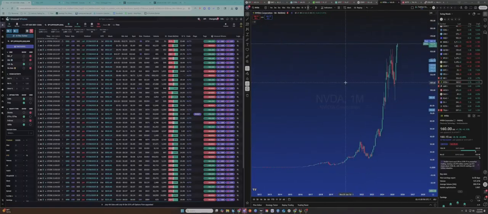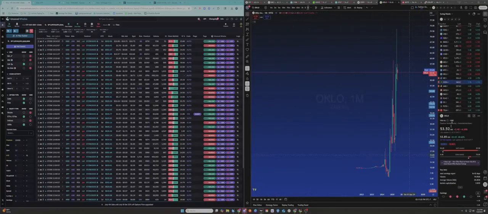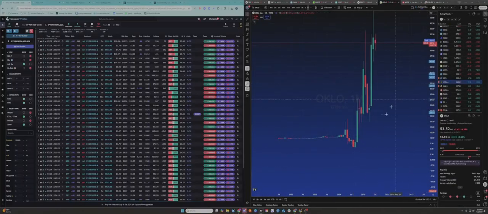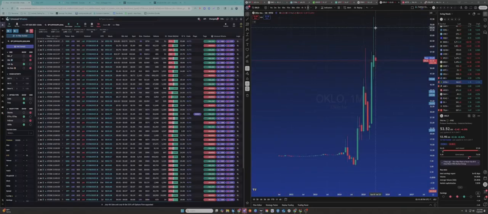And we can go to some other nuclear energy names as well as another example. So OKLO here. OKLO, same thing. Had you bought this in August of 2024, you would have been paying at the highest $9.15, at the lowest $5.90. So 325, cut that in half, that would be $1.62. So your average, if you had averaged in throughout the month, would be 752. So yeah, you would have paid 750 if you averaged in throughout the month, or got that median price on that. And what do you know? Boom, ripper all the way up here.